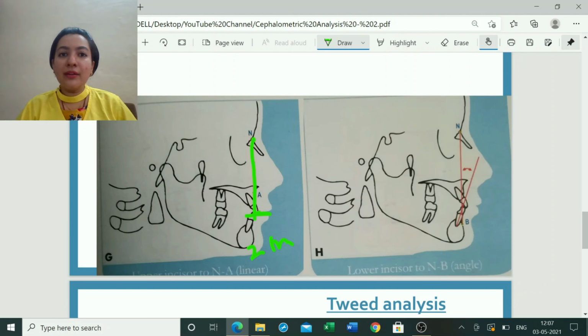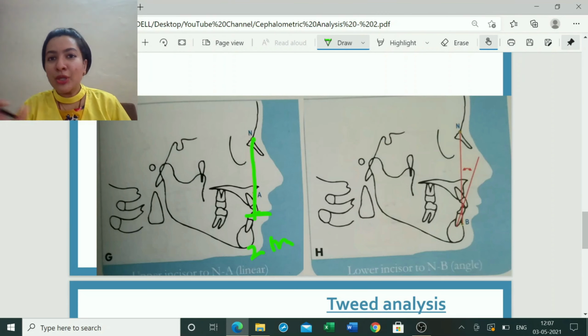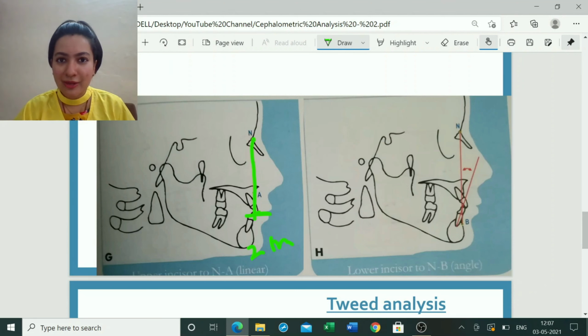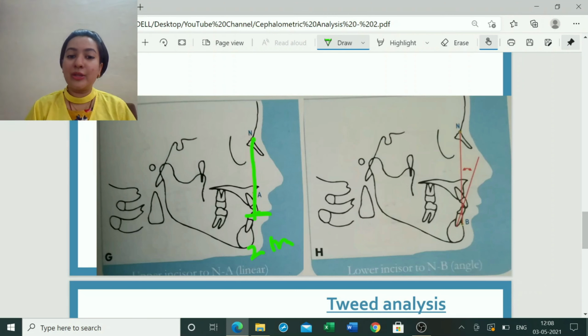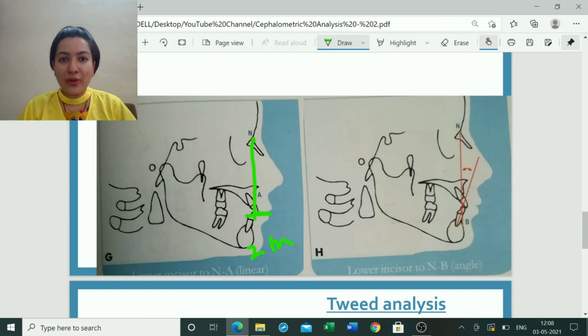So basically, when we ask how much the teeth are proclined, it is like the teeth are proclined by 13 degrees and 7 millimeters. It has to be both in degrees as well as millimeters. So degrees is calculated by using the previous parameter, and millimeters is calculated by using this parameter. So this is your proclination or retroclination of upper incisors, both in degrees as well as in linear value, that is your millimeter. Moving on, the next parameter which we have is lower incisor to NB angulation.